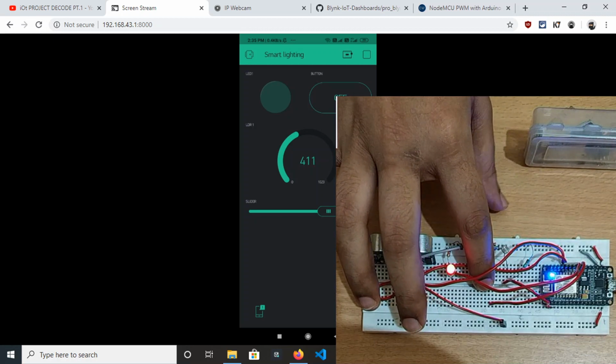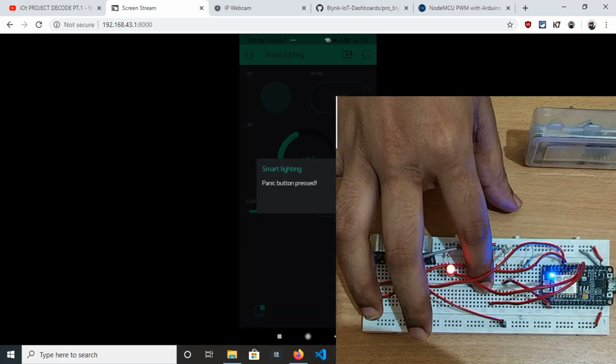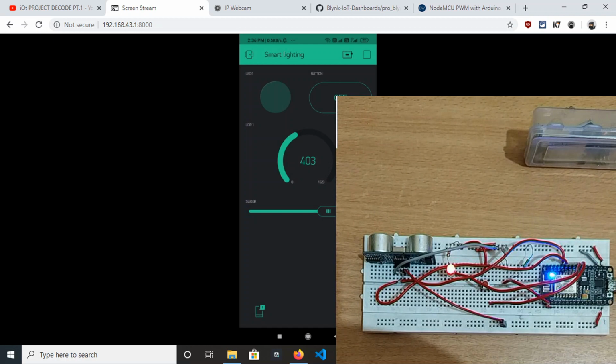Okay, as you can see here, panic button pressed, the push notification is generated and it's shown on the application as someone in danger presses the push button near that street pole, near that electric pole. This is the notification we can get on this application. Fine. Click on OK, and